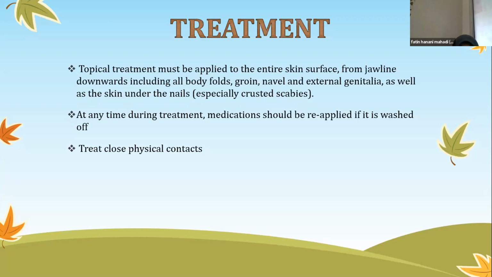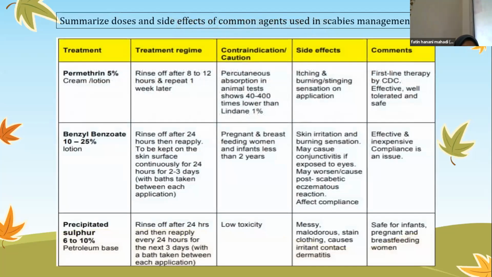At any time during the treatment, the medication should be reapplied if it is washed off, and we also need to treat the close physical contacts like the family members. These are the summarized doses and side effects of common agents used in scabies management. As for the first line therapy by the CDC, which is permethrin,